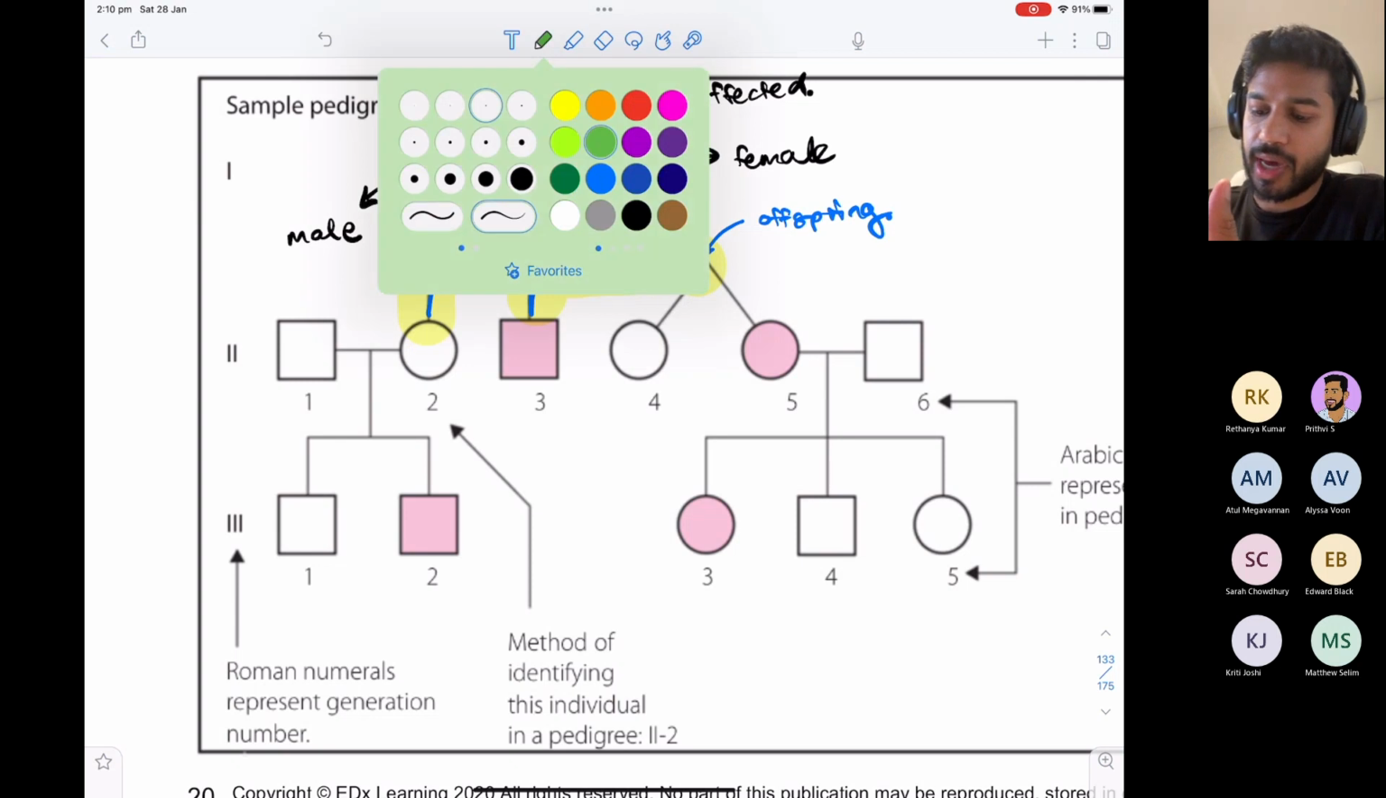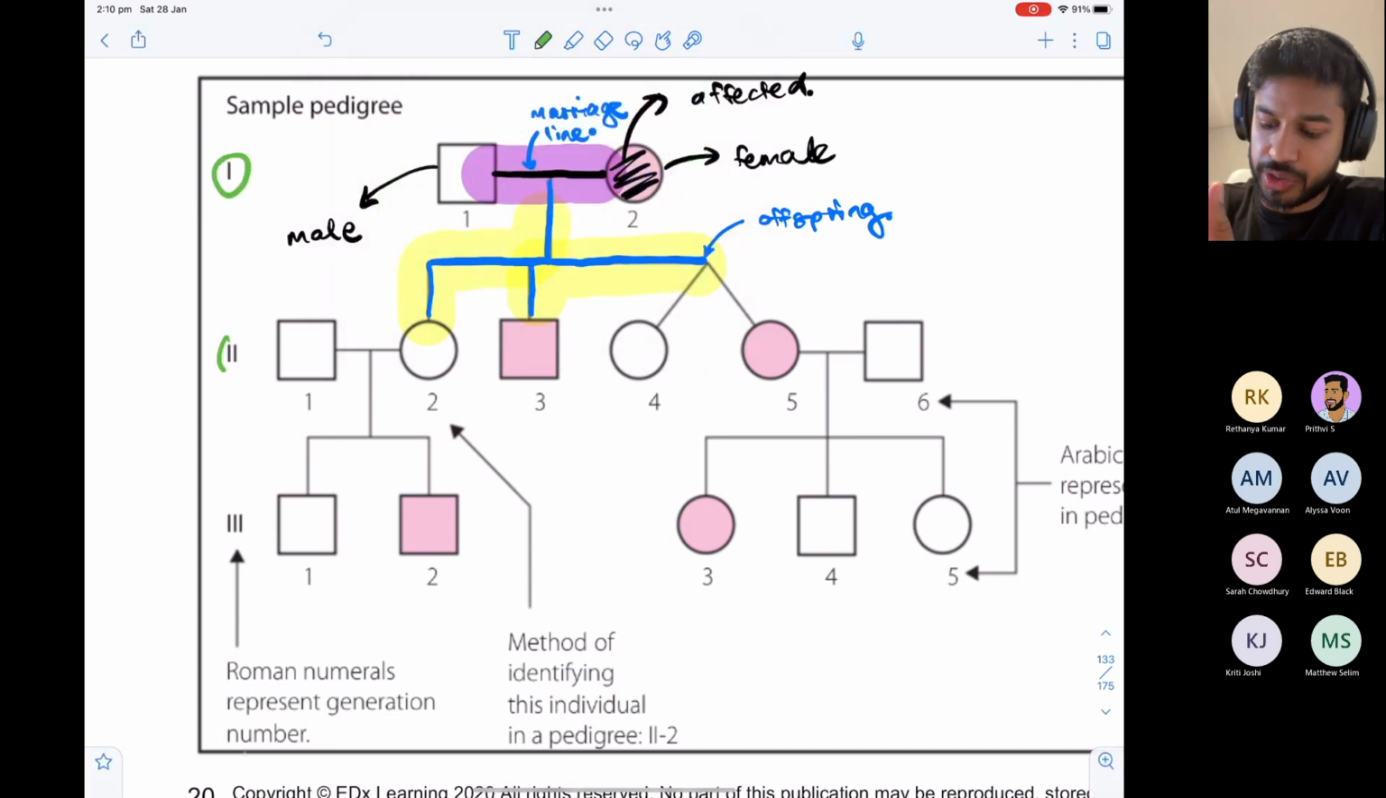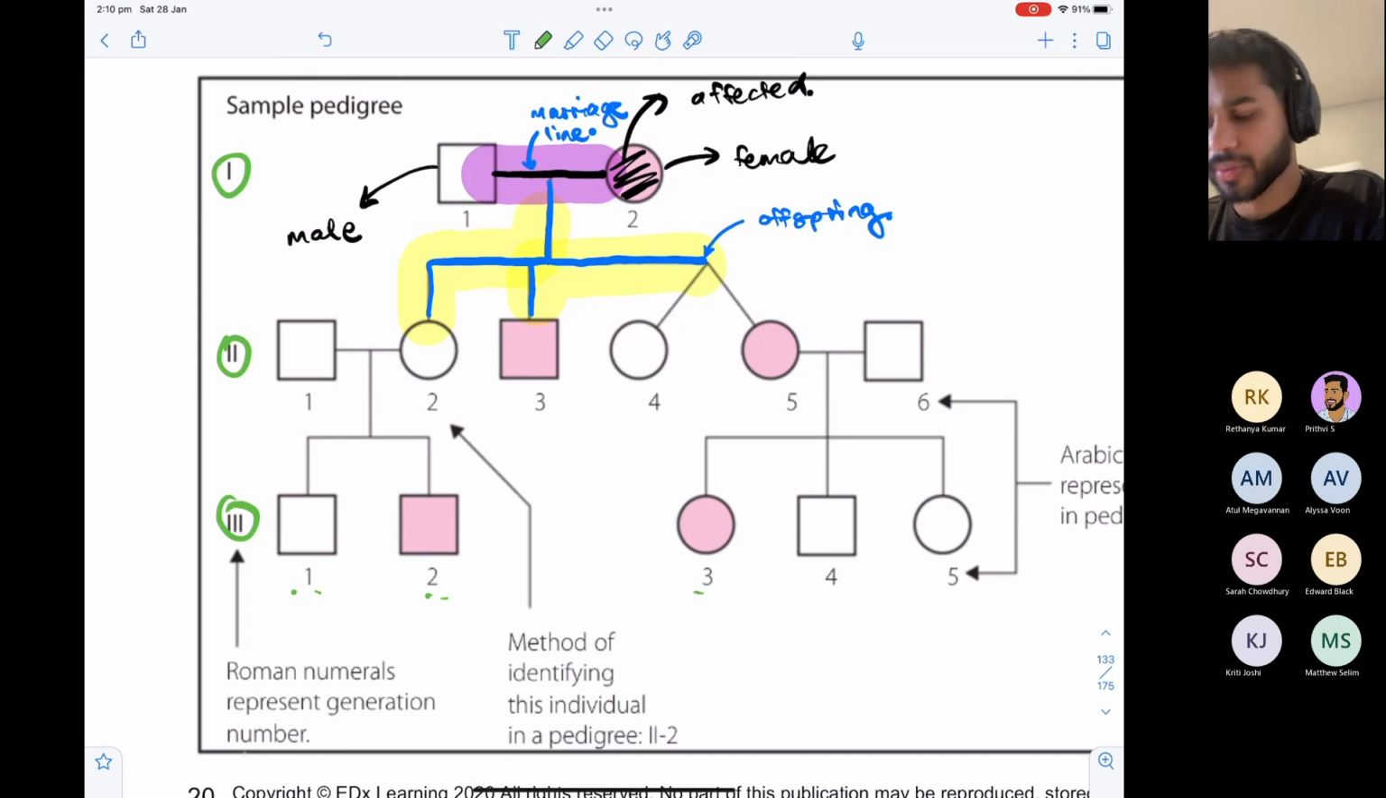So why do we have a 1, 2, a 3, and then individuals being numbered? Tul, what does a 1, 2, and 3 represent that I've circled? It's like the generation. Very good. So when I'm referring to a person, and this is very important for your exam questions, if I'm trying to